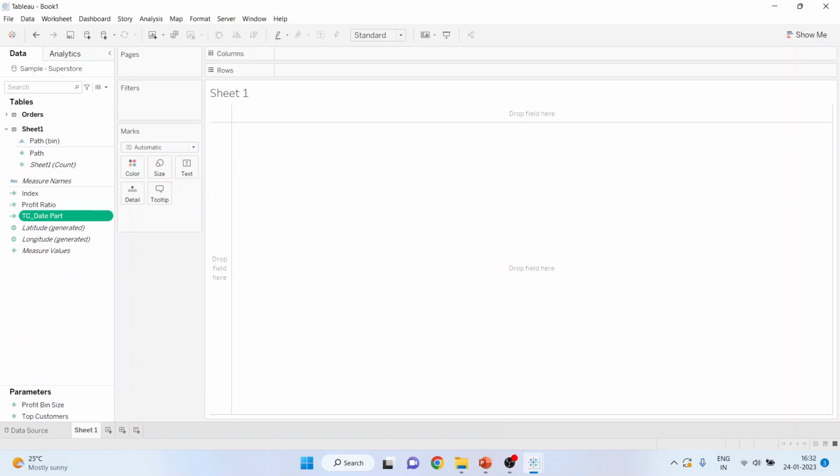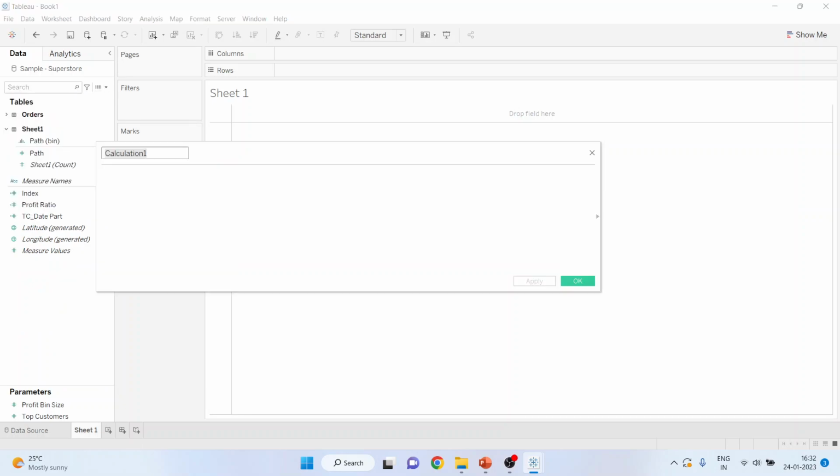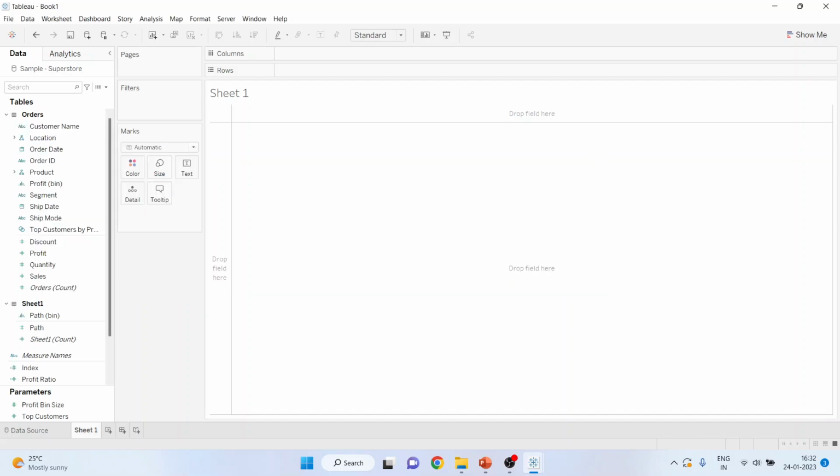Now we will generate TC segment sales. Click here, create the calculated field. TC segment sales, WINDOW_MAX, sum of sales, divided by 2. When the message is displayed that the calculation is valid, you can proceed further. Click OK. So we are having now